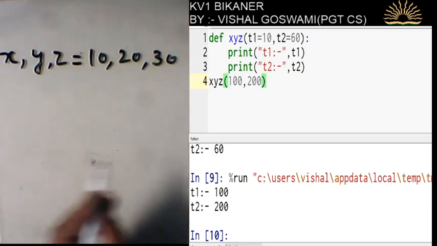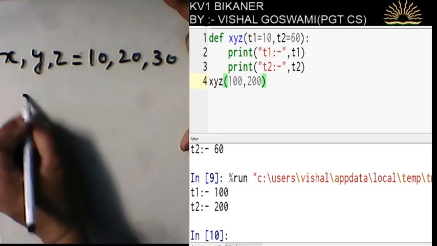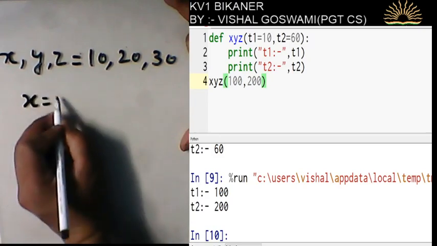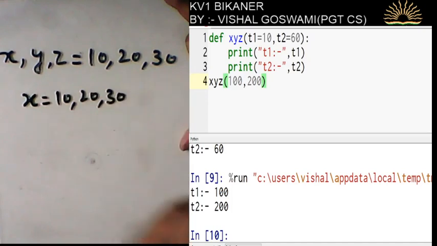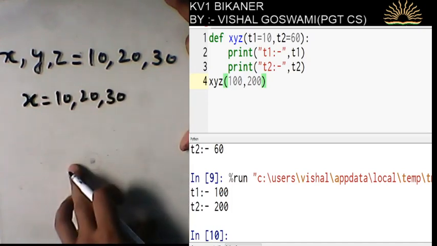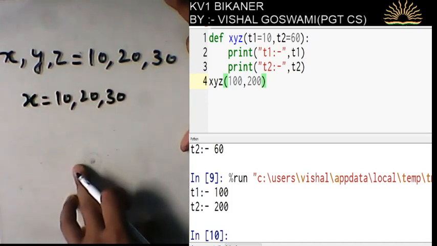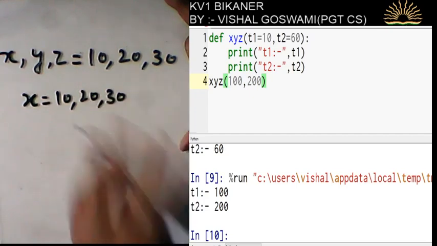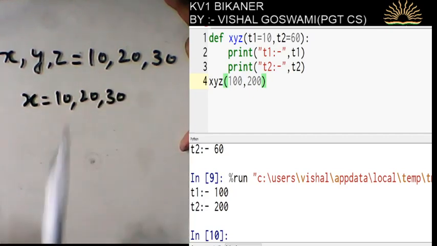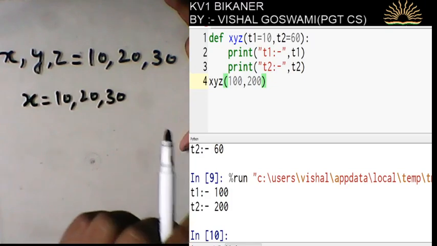Now if I change this code, I write x is equal to 10, 20, 30. What will happen? Will it raise an error or will it be executed? This is called packing of values. I am providing 3 values and these 3 values will be packed in only one value.